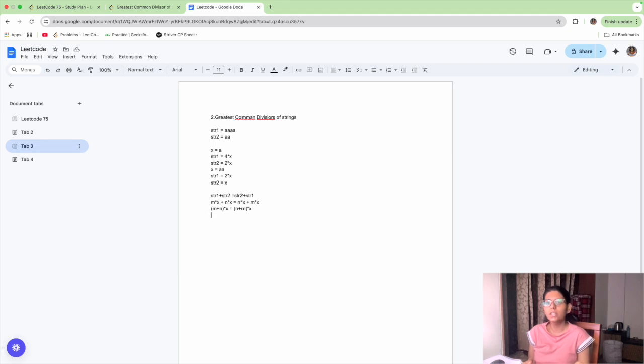1 and string 2, then this should hold true: string 1 plus string 2 is equal to string 2 plus string 1. And if string 1 plus string 2 is not equal to string 2 plus string 1, then it is impossible to find string x which will divide both the strings. So first we'll check this condition, this will be our first condition,